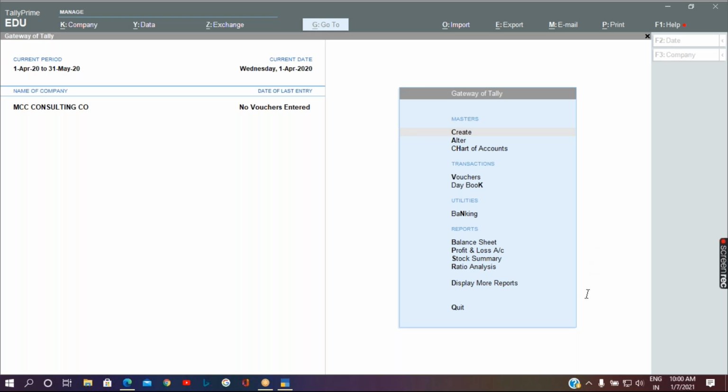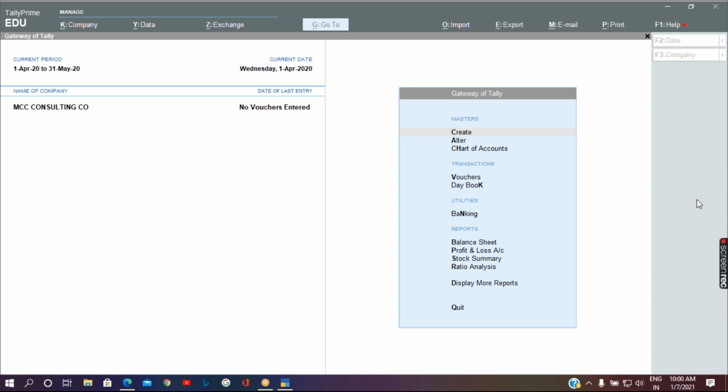And similarly, credit note will be passed for return on sales, that is sales returns against the sales.